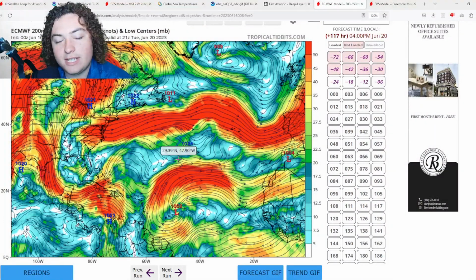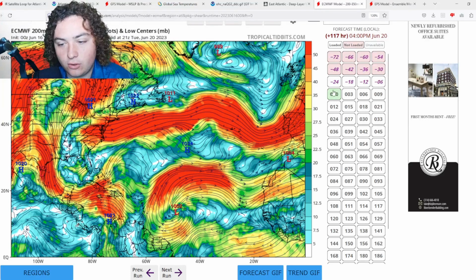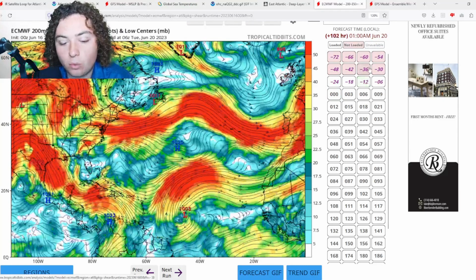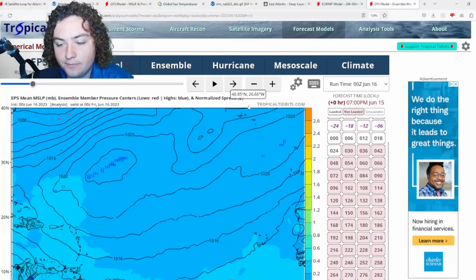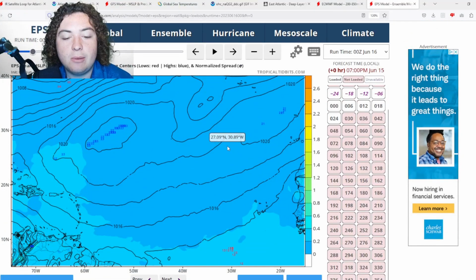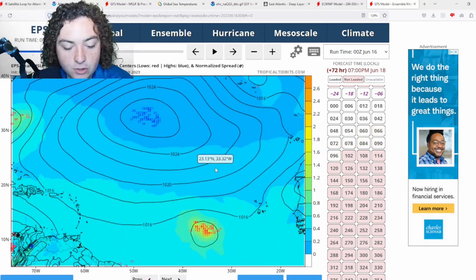It is too early to make projections on the intensity, as these things are very highly unpredictable at this time. And this isn't even an invest yet, so I don't plan on doing that right now. Now we're going to show you some ensemble runs. This is the European ensemble, and this is the GFS ensemble. And the reason I'm showing you this is because right now,